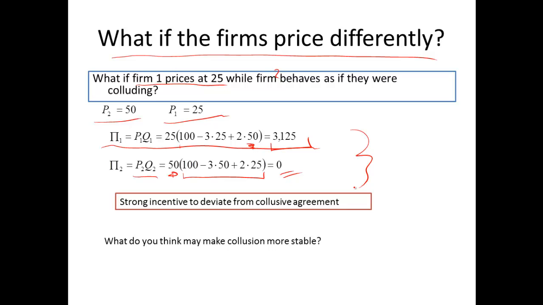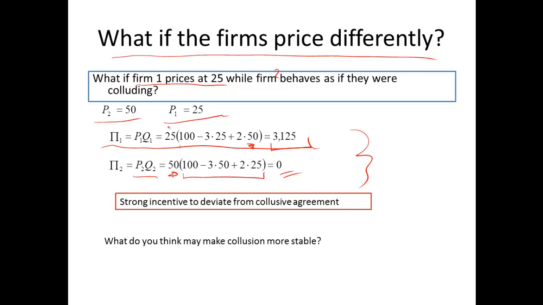Like, with respect to the two firms, who's being a good guy and who's being a weasel here? Well, the firm that's charging the high price is being a good guy. Now, why is that? Because the high price tends to stimulate demand for the other firm's product. The firm charging the low price is kind of deviating from what looks like a collusive agreement. In fact, you could think about this as a deviation from a 50-50, that is, each of them charges 50